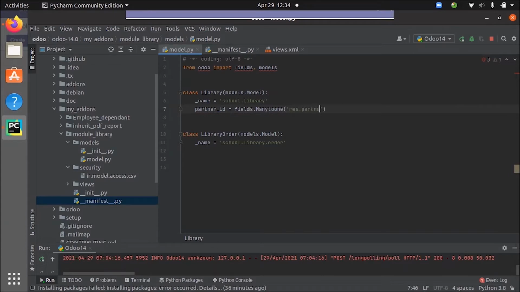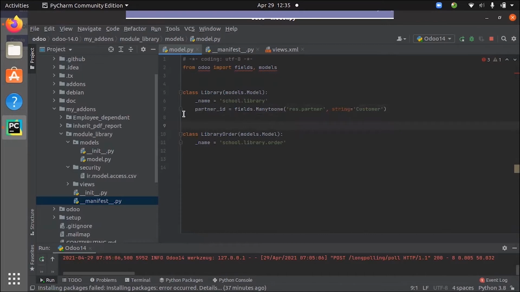My comodel is res.partner. So I can retrieve records from this model, res.partner, and here I can provide a string for this field. I'm giving the string as Customer. So I have created a field partner_id that is many to one.